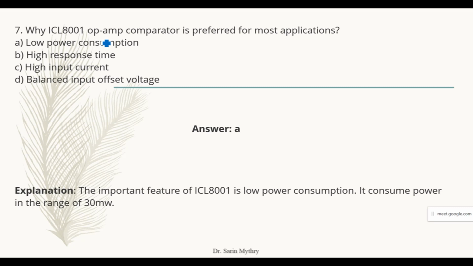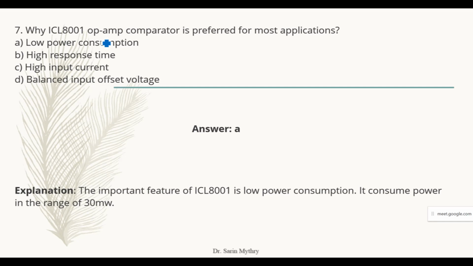Again, one more thing: earlier, with the older generation phones, the phone used to get heated up very fast. But nowadays, because electronic technology is improving day by day, we are having a cooling system in the mobile phone itself. Even if you game for a longer time, power dissipation is not more, heat is not produced more. So in order to have low power consumption, we are using this kind